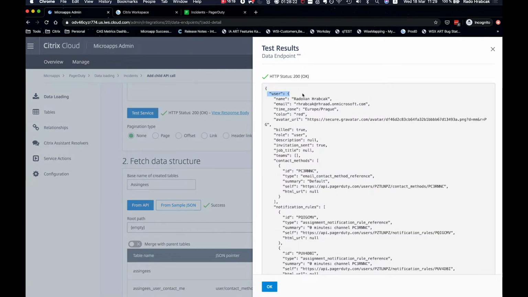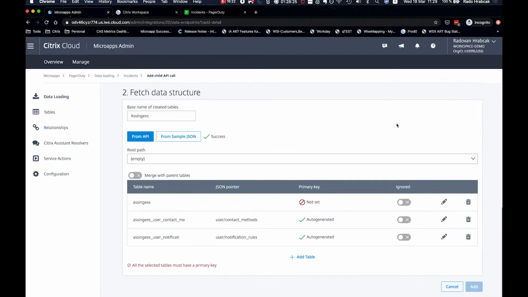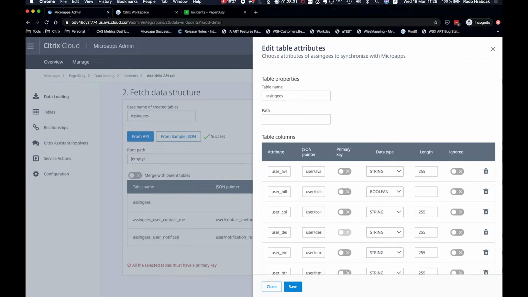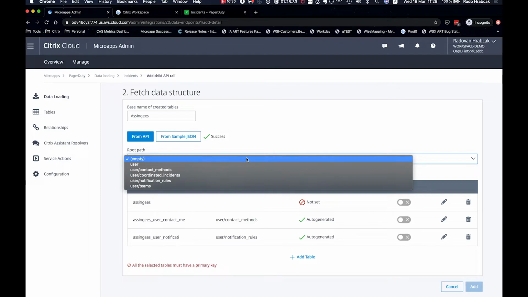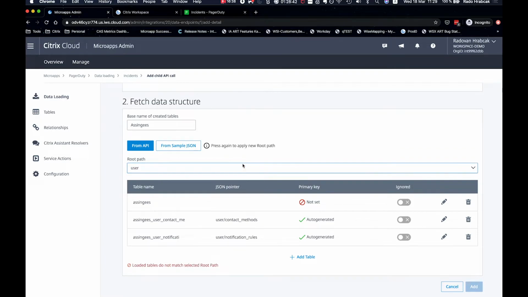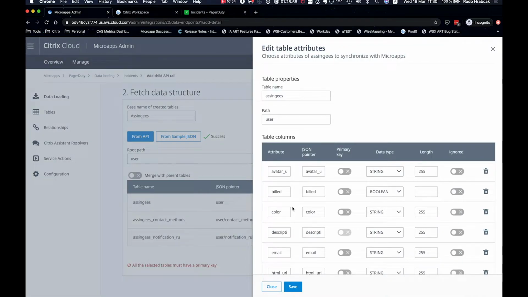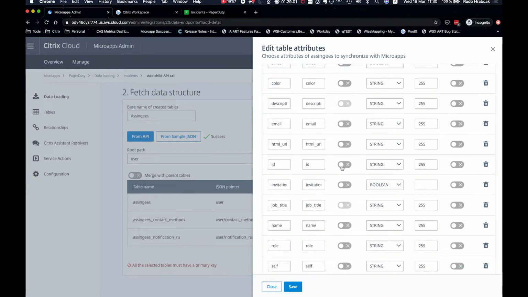And if I look at this table, I understood that I need to move my root to the user and perform that again. Okay, now what I need to do is to set the primary key, because those two are auto-generated, but I need to set it for the root, and I need to find the ID again, which is unique. I hit save,